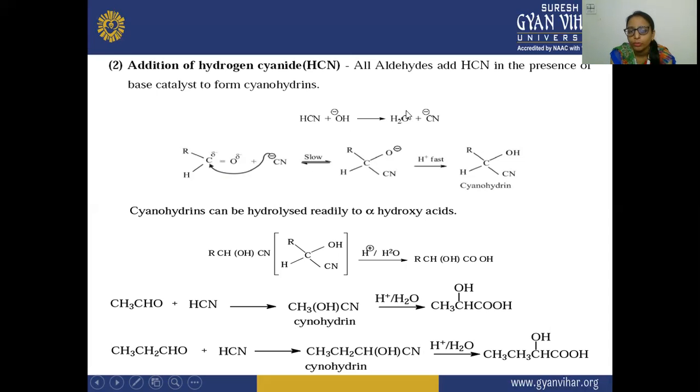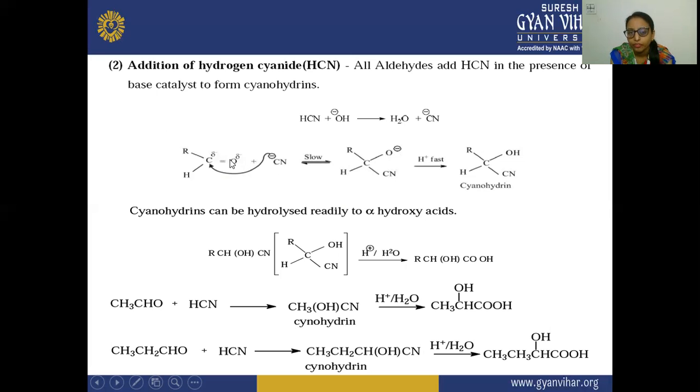The water molecule is formed and a cyanide ion is formed here. With a slightly negative charge on the oxygen and a slightly positive charge on this carbon, this nucleophile will get attached to this carbon atom, and there is a formation of a bond between them. Here you will see this intermediate is formed. Again, the oxygen is getting the negative charge, so this negative charge will also form a bond with the electrophile. This is a slow reaction.